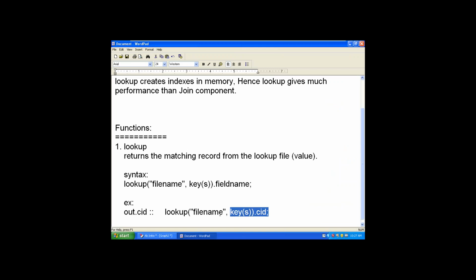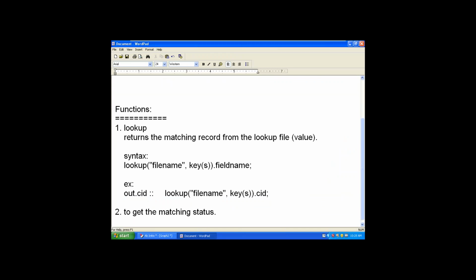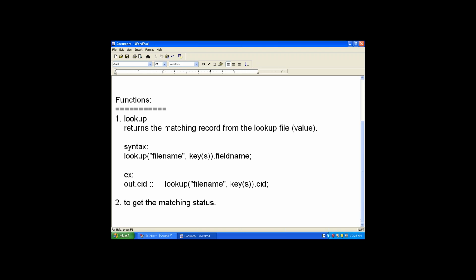You are able to extract the matching value and assign it to some output field. Second function is to get the matching status. Matching status means whether the record is matched or not. I don't want to get the matching value here. I want to get the matching status, either true or false. To get the matching status, the function name is called